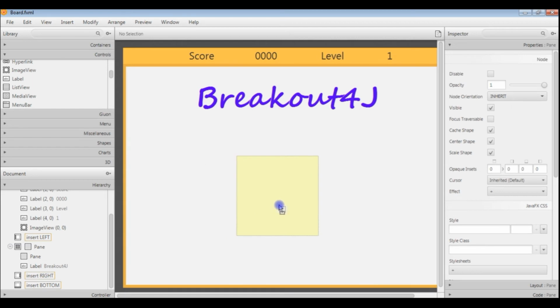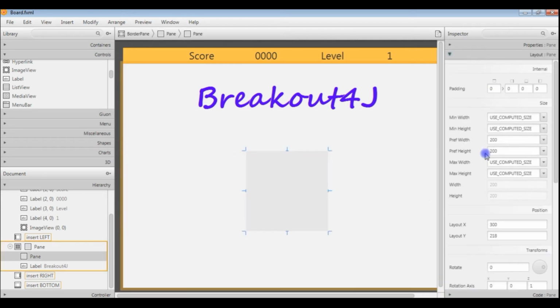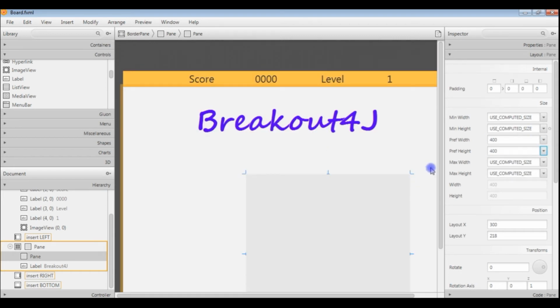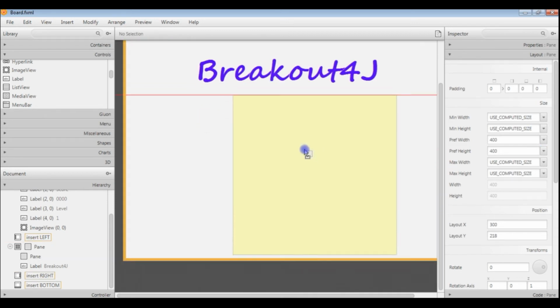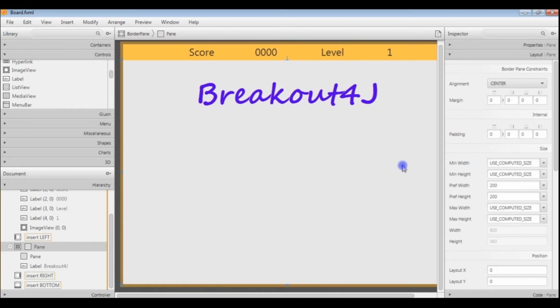Right, now if we switch to this inner pane that we had, we're going to position that. For the moment I'm just going to put it somewhere around about there. What I really want to do is resize it by going to the layout and changing it from the 200 to 400 by 400. Okay, and then we'll stick it somewhere near the bottom, in the center, like that. Okay, so that's our pane,